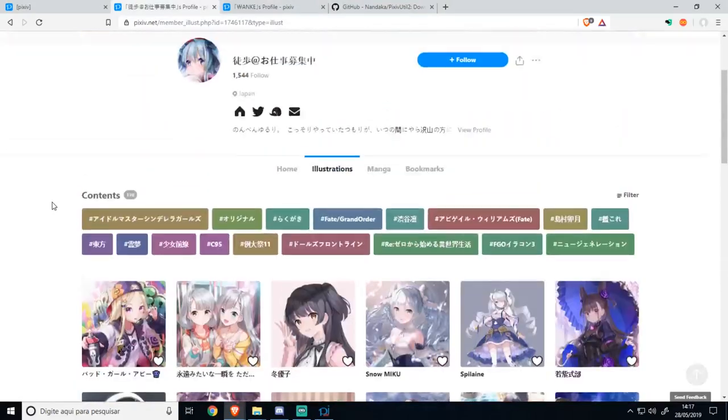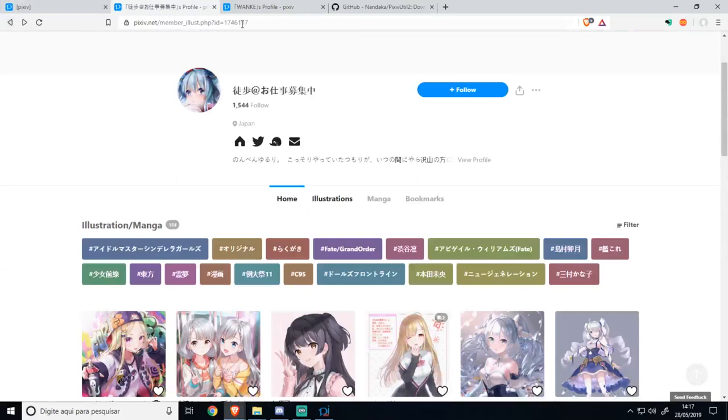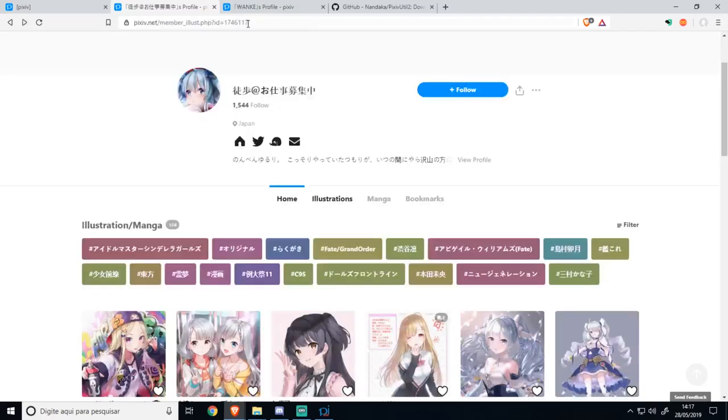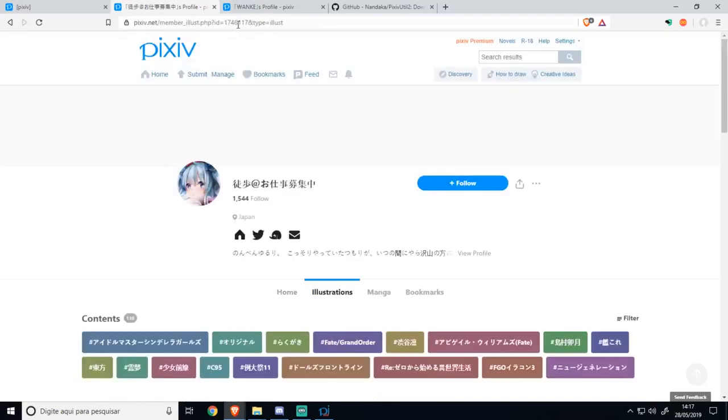Okay, note that once I do this, it changes the URL, but the ID remains the same, which should be a number, right here. In this case, for this artist it is 1746117. I'm going to copy this,